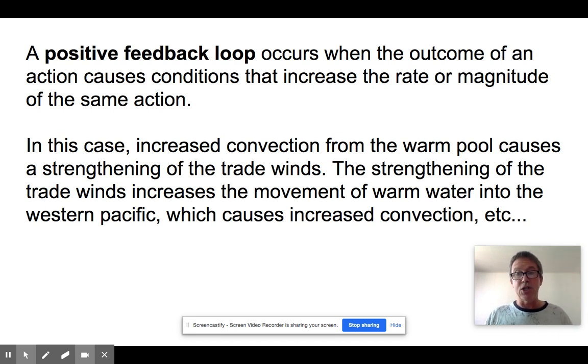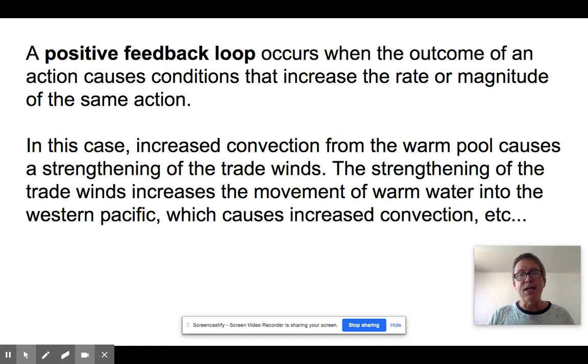Another good example is cherry blossoms. It's weird how they all seem to happen at the same time. Well, what happens is when a cherry blossom blooms, it releases a chemical. That chemical causes other cherry blossoms to bloom. So then more open, making more chemicals, which makes more of them bloom. That's why all of a sudden you'll go from having cherry blossoms about to go to all of them going at once. It's because there was this positive feedback loop.